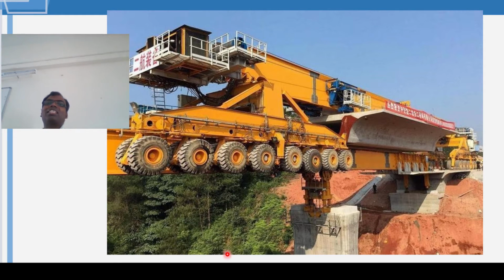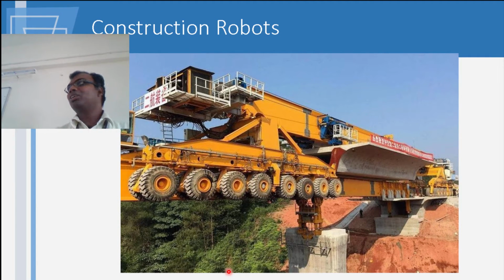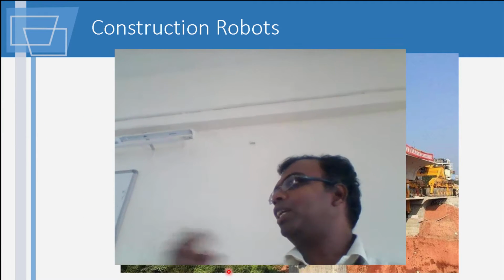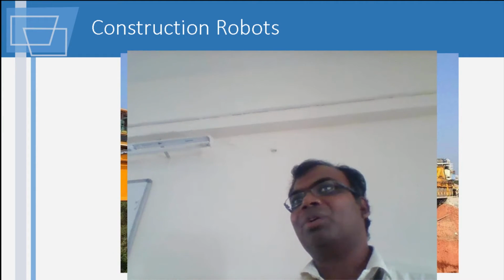And have a look at this. This is a construction robot. It is used in China. So this is all possible if you are going to use precast units. Definitely this robot is going to take the place of I don't know how many employees. That means as a contractor, you have the benefit that your wage bill comes down. Safety risk for each laborer also comes down.